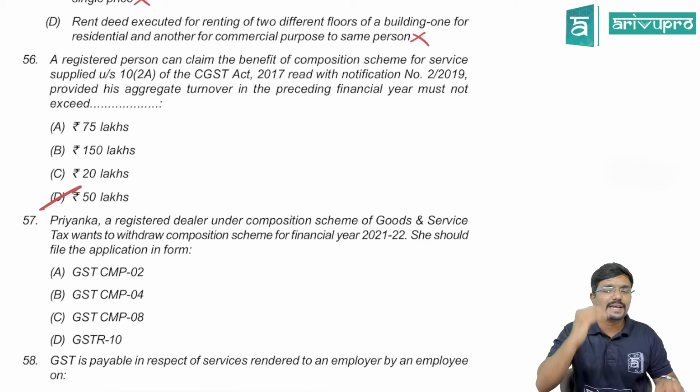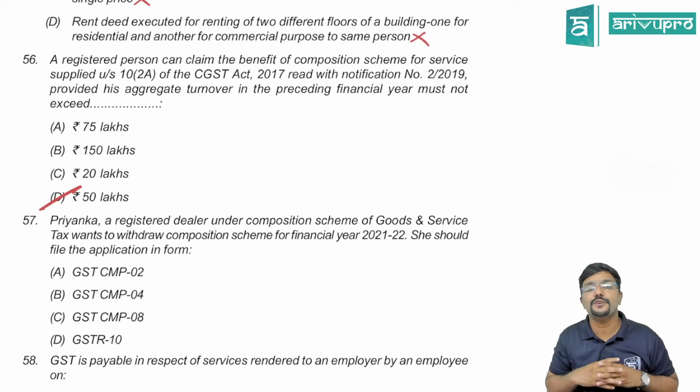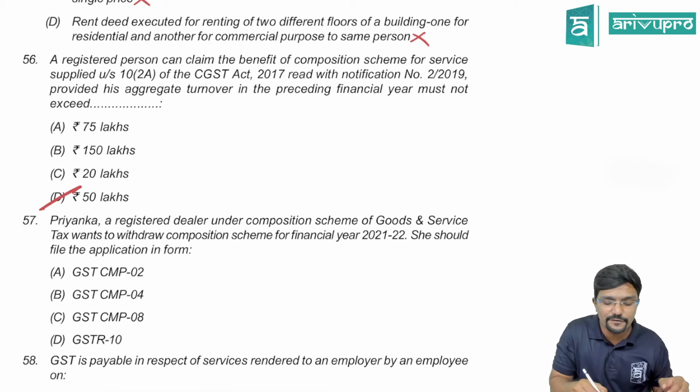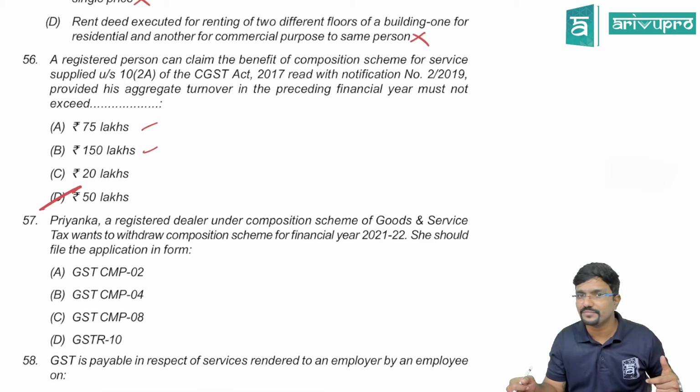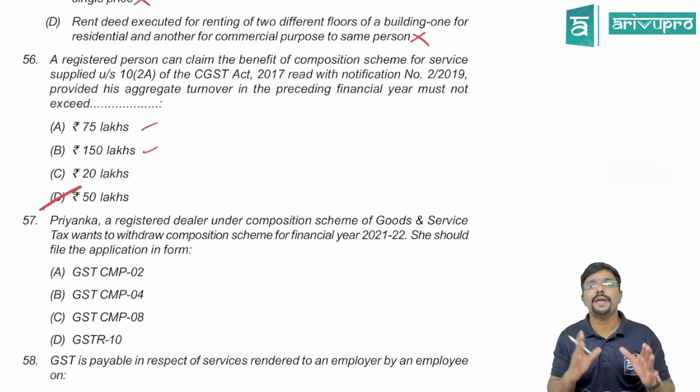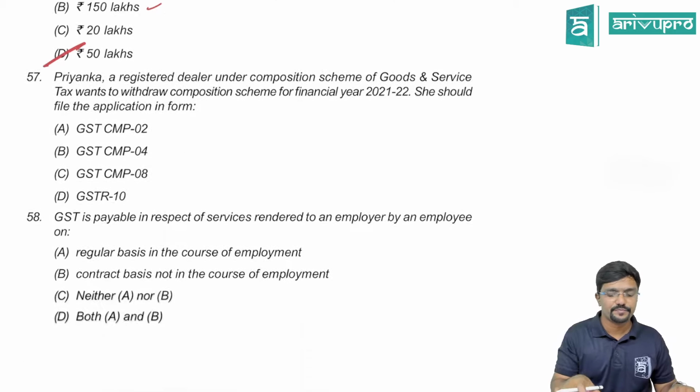See, I am just giving more clarification or more explanation so that you guys will not get confused in the exam if the questions are changed. See here what they have asked, what is the turnover limit applicable for the 10(2)(a) scheme? They have given also the options, you can see 150 lakh and 75 lakhs, which is the turnover limit for the 10(1) composition scheme. It is actually 1.5 crore, but for some selected states it is 75 lakh. Agree? Whereas for 10(2)(a) it is 50 lakh irrespective of the state, guys. There is no separate limit for special states.